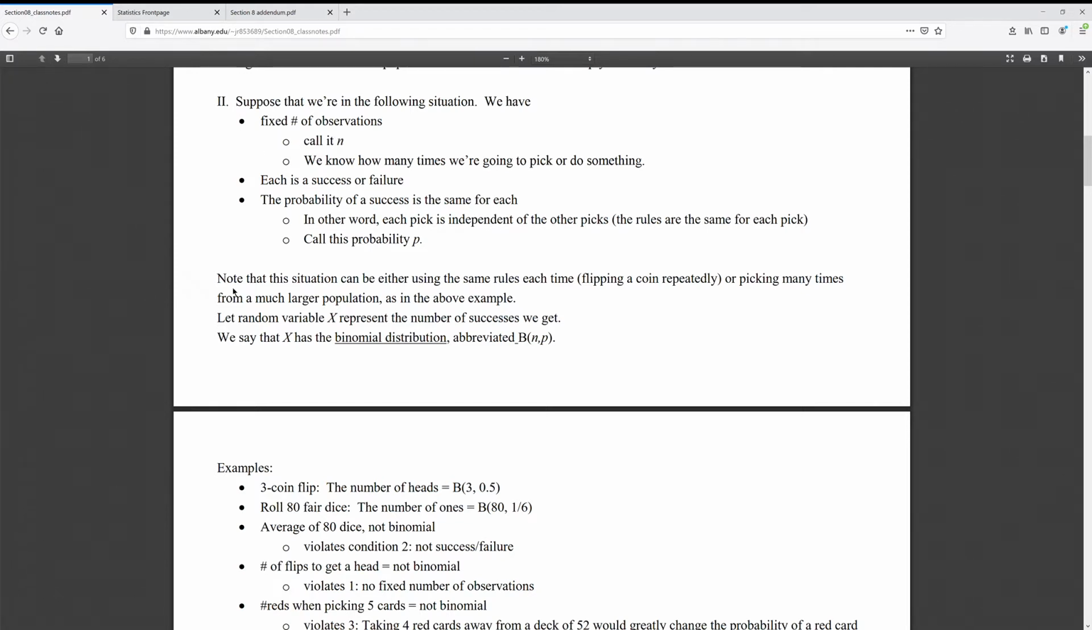Okay, Section 8, Part B, continuing our idea of the binomial distribution. To recap,